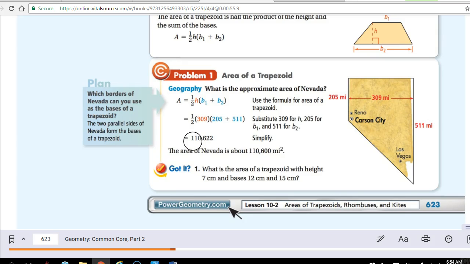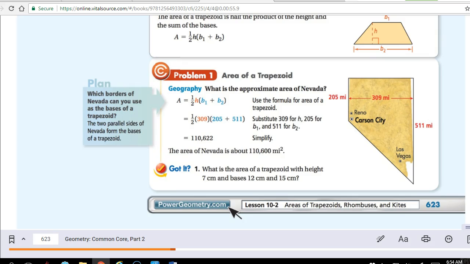And when you do that, you end up with 110,622 square miles. Okay, and that's how much area is in the state of Nevada, which is what that picture is actually showing there. All right, so we're saying that the area of Nevada is about